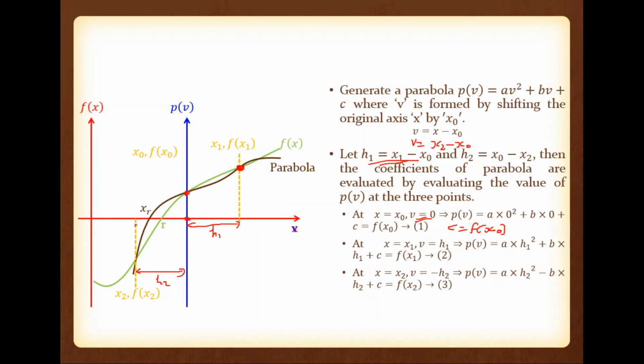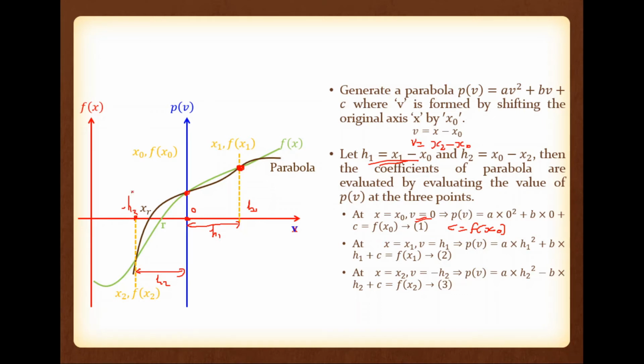So what is v equal to minus h2? Please note this is 0. This is v equal to 0. So this side is positive, this side is negative. So this value is minus h2. Now why is this plus h2? That is this difference. This difference is h2. So 0 minus minus h2. This is 0, this is h1, this is minus h2. So you can see that h1 minus 0, that is h1, that is nothing but x1 minus x0. Now what about this h2? 0 minus minus h2, that is h2, that is x0 minus x2. So this is actually minus h2.